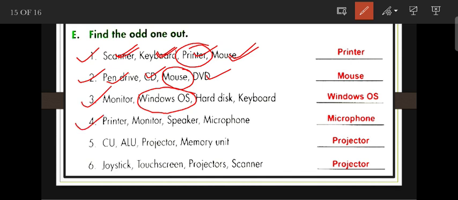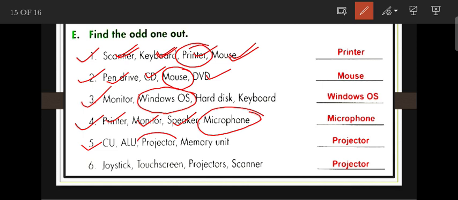Next is printer, monitor, speaker and microphone. Printer is an output device, monitor is an output device, speaker is an output device, but microphone is an input device. Next is CU, ALU, projector, memory unit.